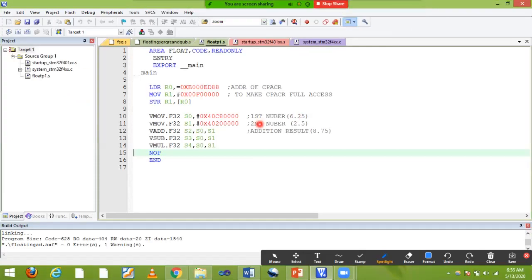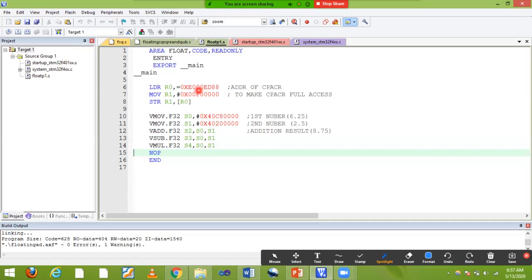Open the Keil MicroVision 4. The initial setup and how to get the projects, all of that you already know from the previous video. Take it from that. Make sure that the project window consists of the S file, C file and the floating point one, and here it is not LPC1768. We need to choose STM32F401. This is the IC we are going to use. Make sure of that.